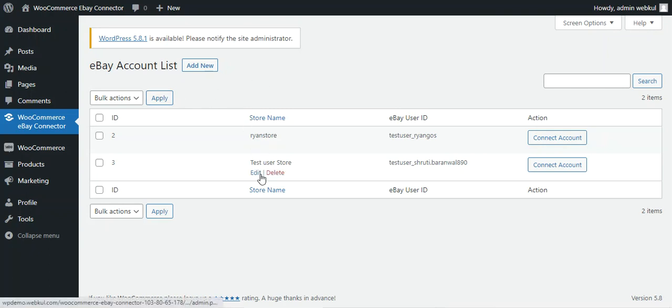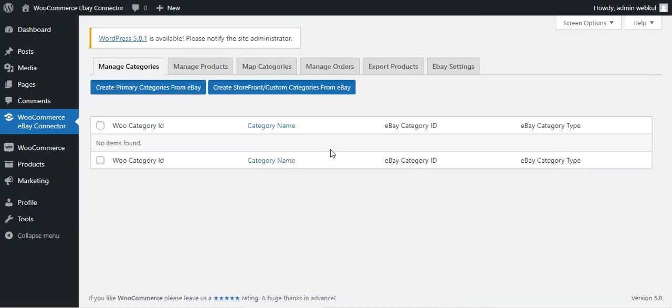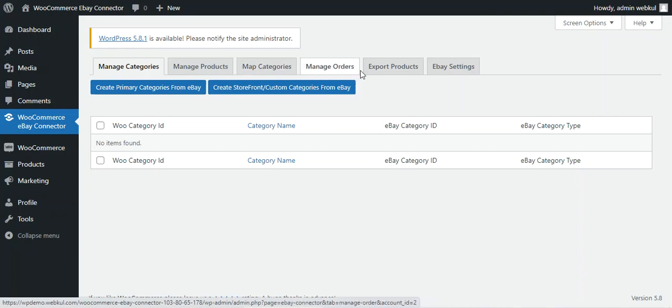You can add multiple eBay accounts at the same time. You can edit and delete the added accounts. You can add multiple accounts as I've already told you. And after adding the accounts, you can connect with your accounts by tapping on the connect account option. And then you'll have your options to manage the categories, products, map categories, manage orders, export products, and the